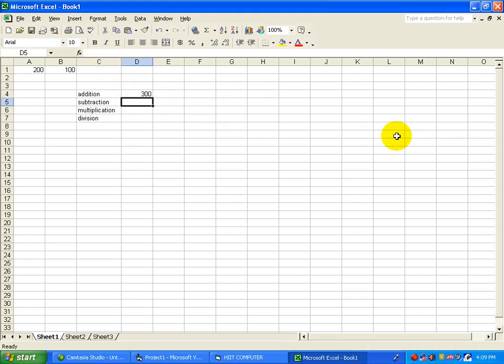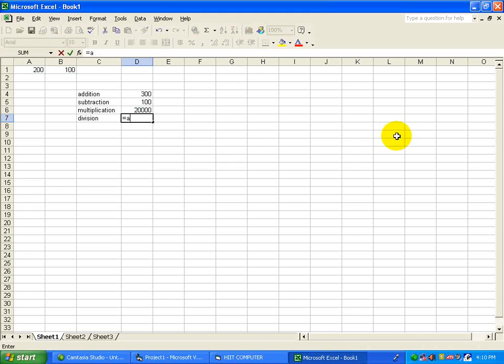To perform a subtraction, once again press equal sign. Type the cell address A1 minus B1. Enter. See. For multiplication equals to A1, use the star sign and B1. See.